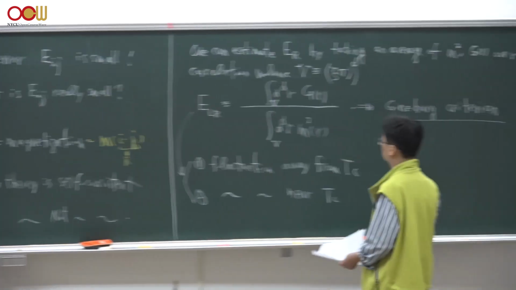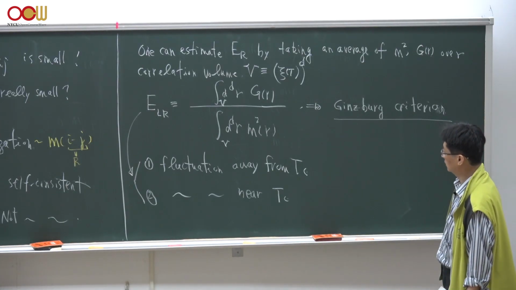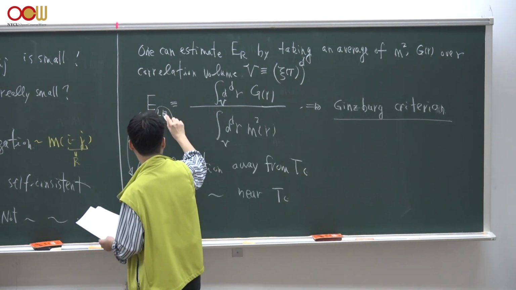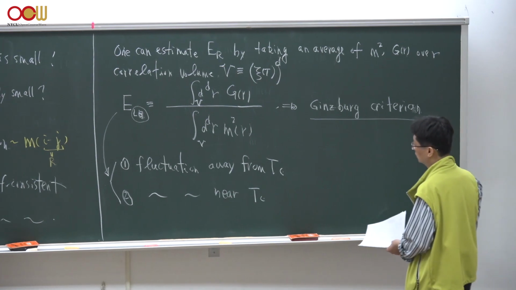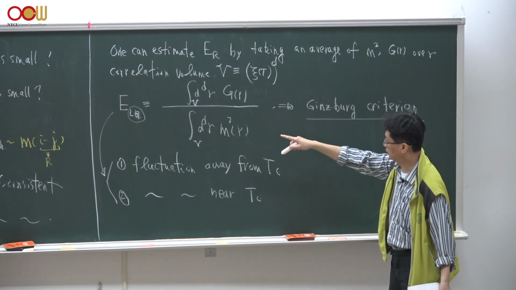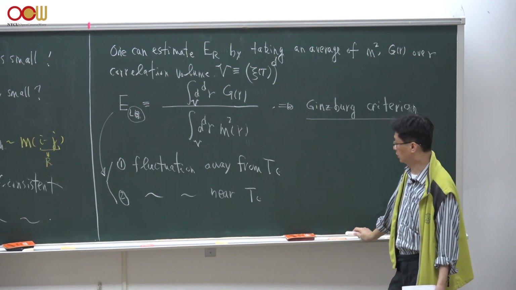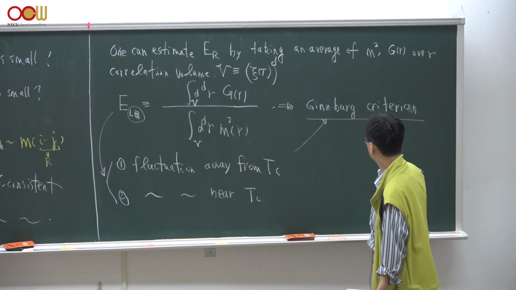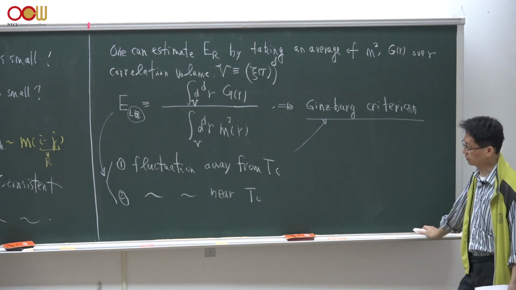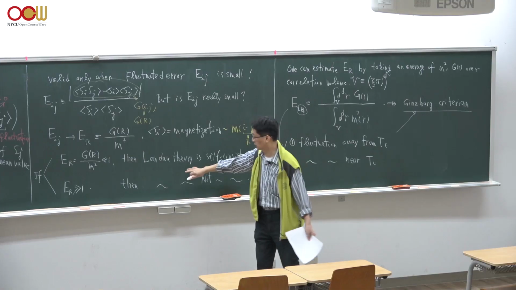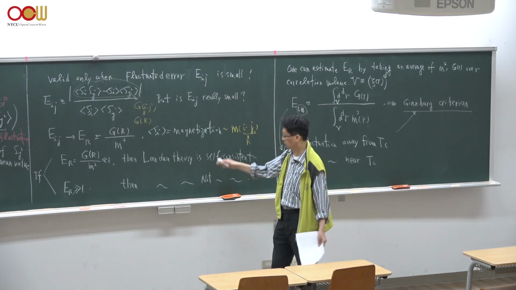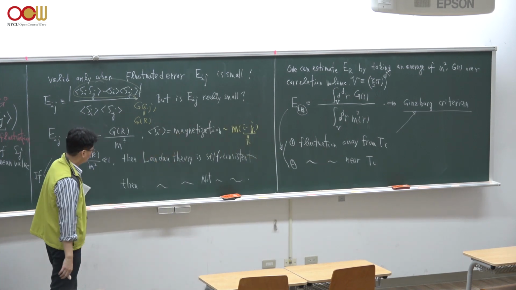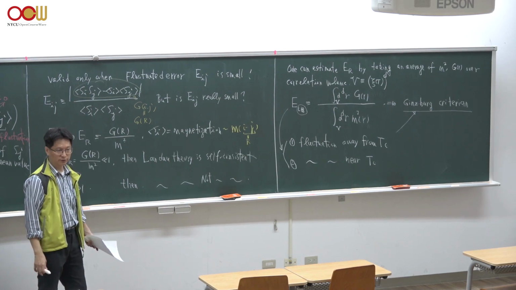So let's try to more accurately estimate this error bar, which we call E_LG, for Landau-Ginzburg. We will calculate this E_LG both away from Tc and very close to Tc. We can actually derive the criterion, which we call the Ginzburg criterion. We will explicitly calculate this criterion so that, under it, Landau's mean field theory is